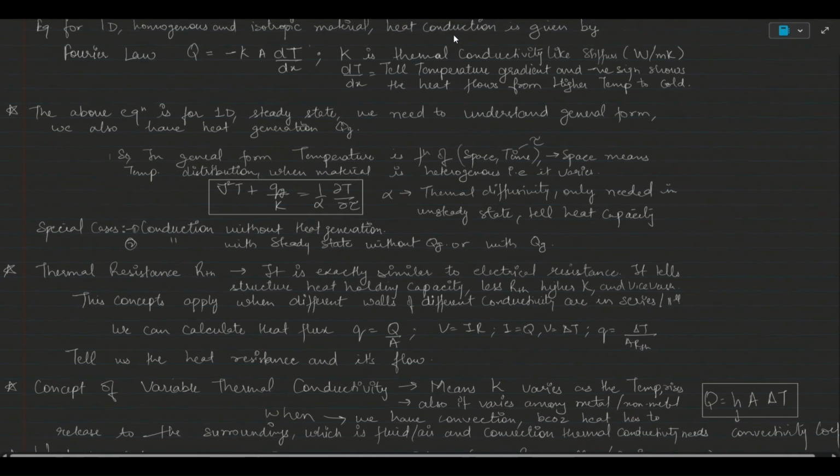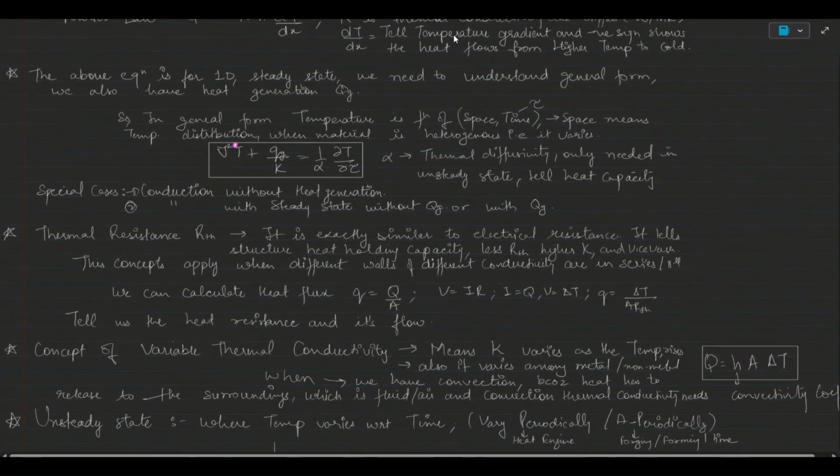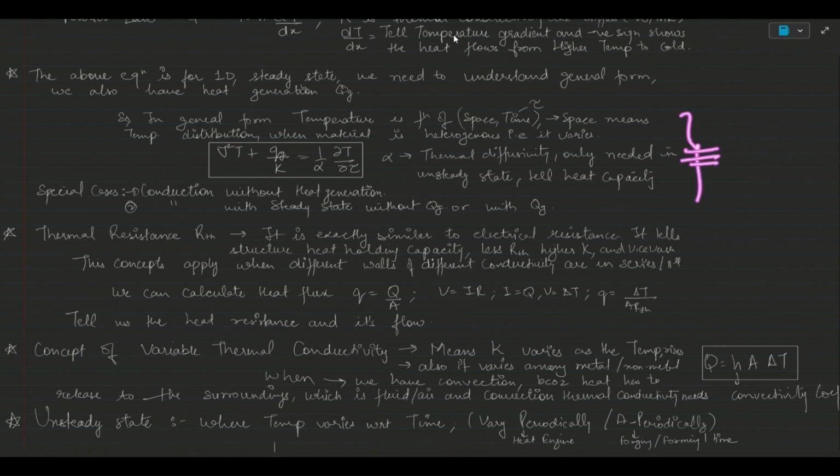So now the point is, here I form an equation for unsteady state, which is highly nonlinear in general, as the temperature varies with respect to time. Here we have this gradient. This gradient, in a rectangular coordinate system like x, y, z, shows how the temperature varies. This is the heat generated, as I told you earlier. Then we have this k, we all know, and alpha is the thermal diffusivity. It tells us the storage capacity, the heat capacity of my system.